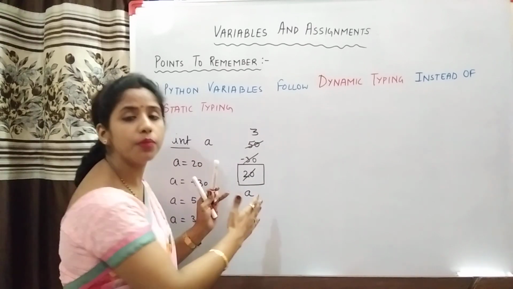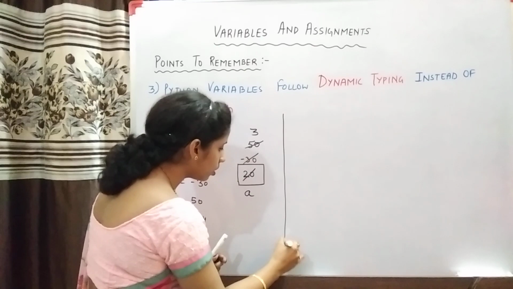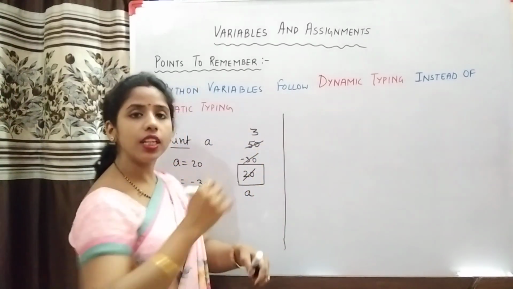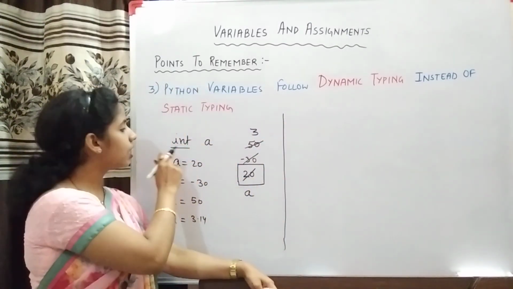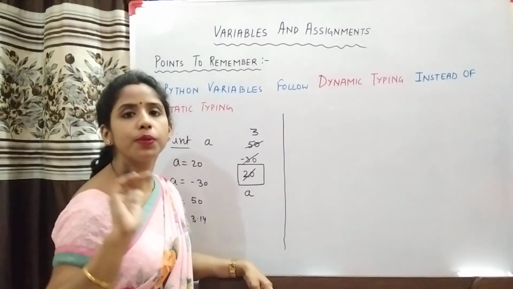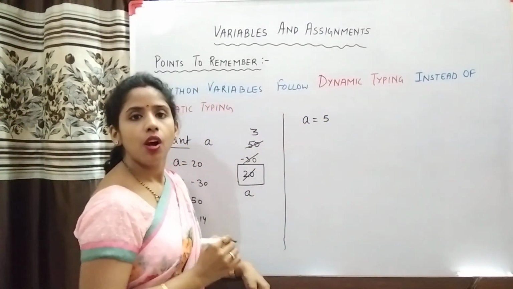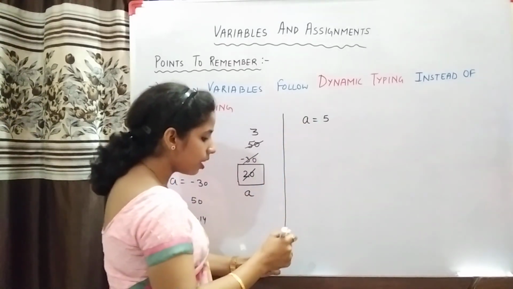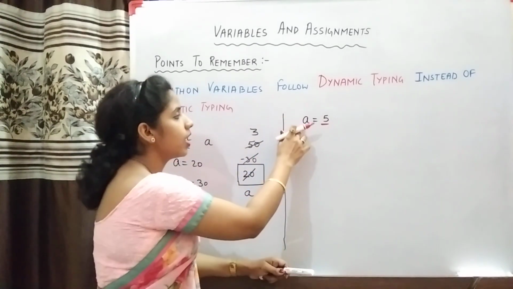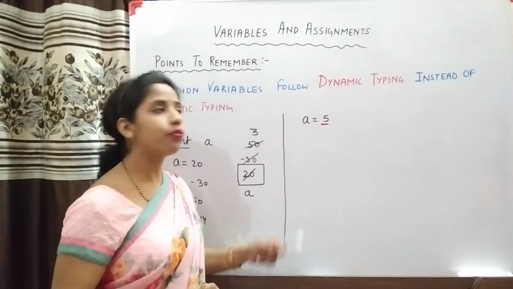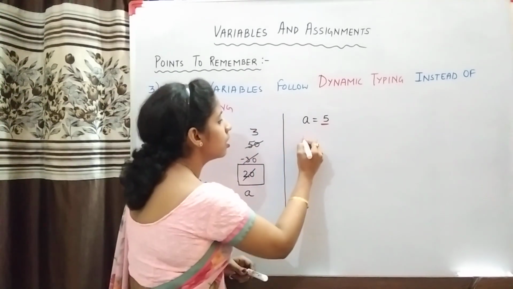Now I am going to show you what happens in case of Python variables, and see how the work and the memory representation is different in Python variables. Now compared to this, suppose in case of Python variable you don't have to declare any data type. जैसे कि यहाँ पे मैंने कह दिया int है, हमें कोई ये चीज़ बताने की ज़रूरत नहीं है. We simply create a variable by writing the value. और इंटरप्रेटर क्या करता है, it sees this value and understands that a is an integer value variable. तो वैल्यू को देख के उसने ये पहचान लिया कि मैं किस टाइप का वेरिएबल हूँ.